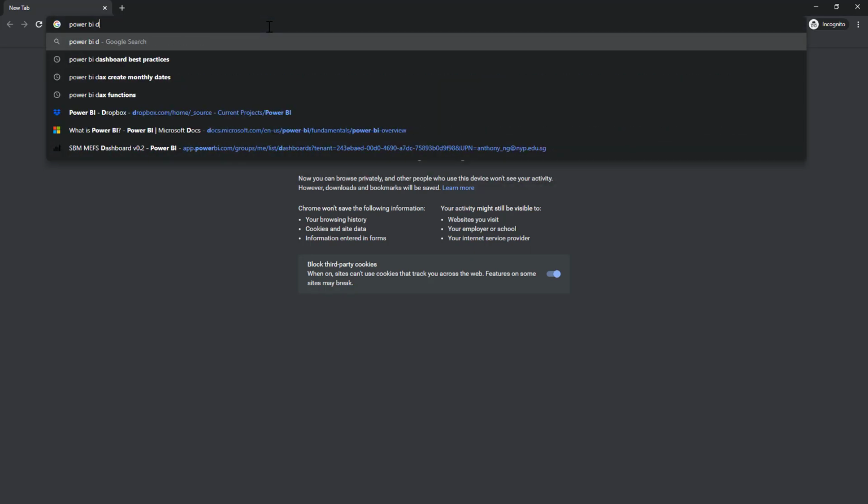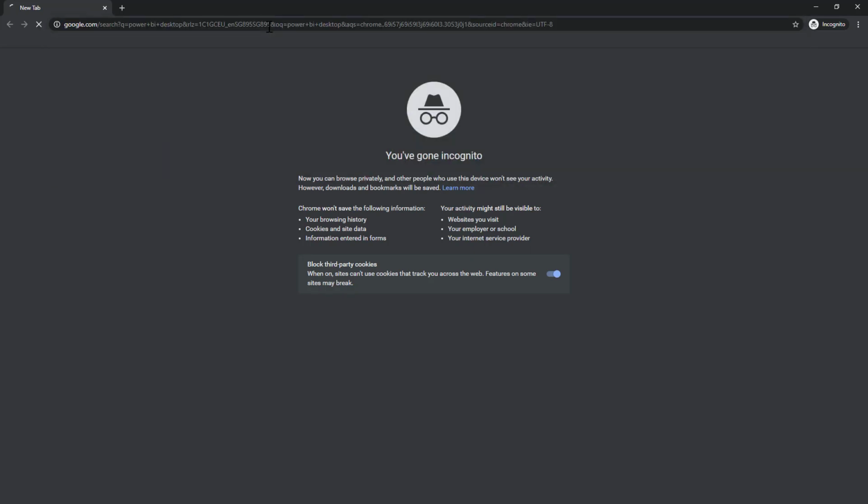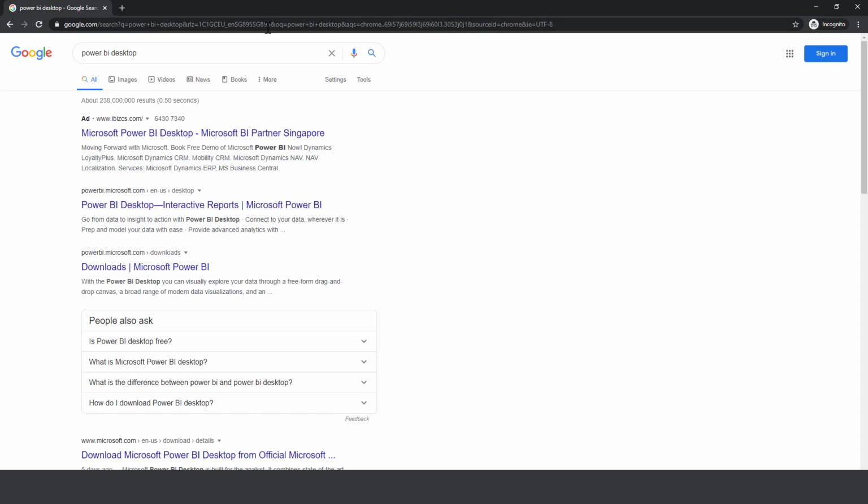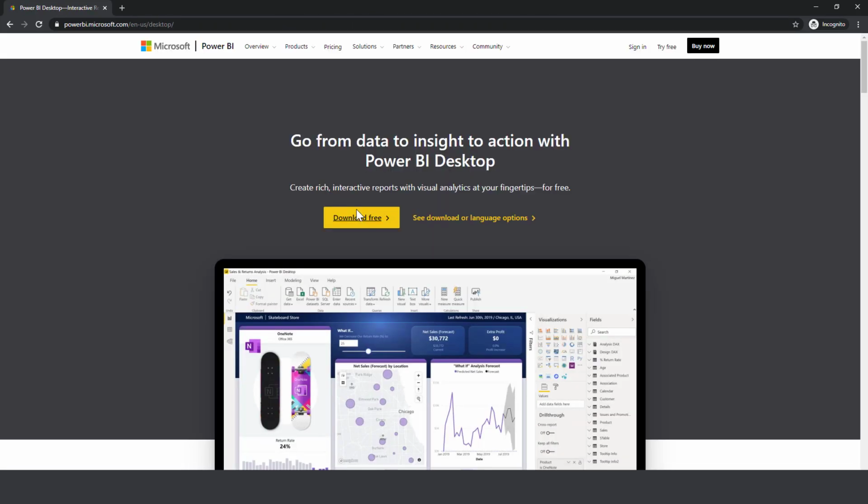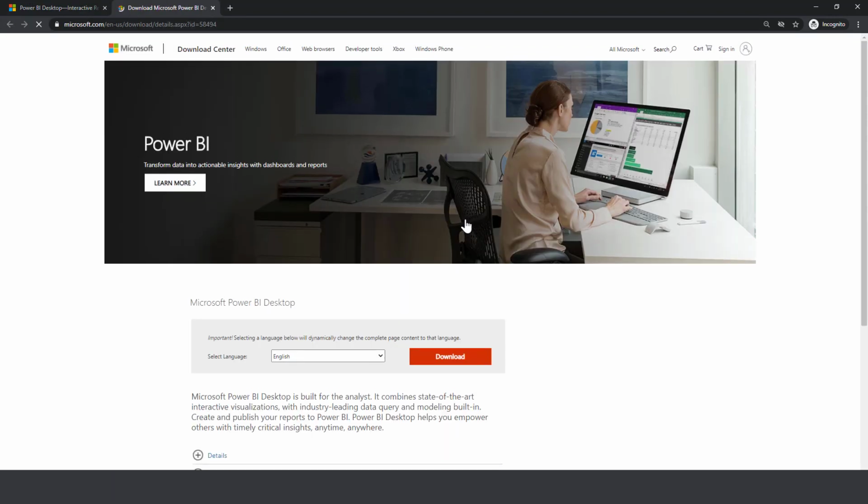So you go to Power BI and then you search for Power BI Desktop. Okay, so this is the URL. Power BI Desktop - interactive reports and Microsoft Power BI Desktop. So instead of this, which will direct you to the App Store, use this instead to actually access the so-called